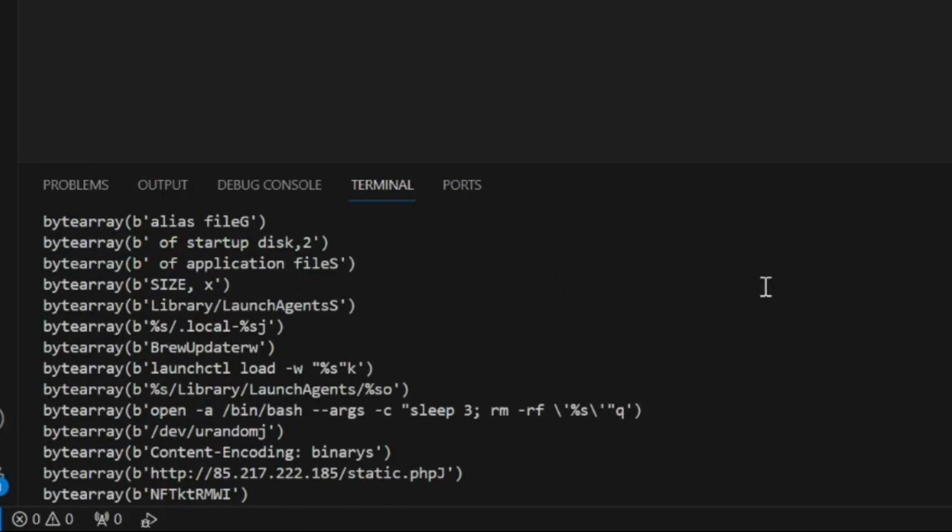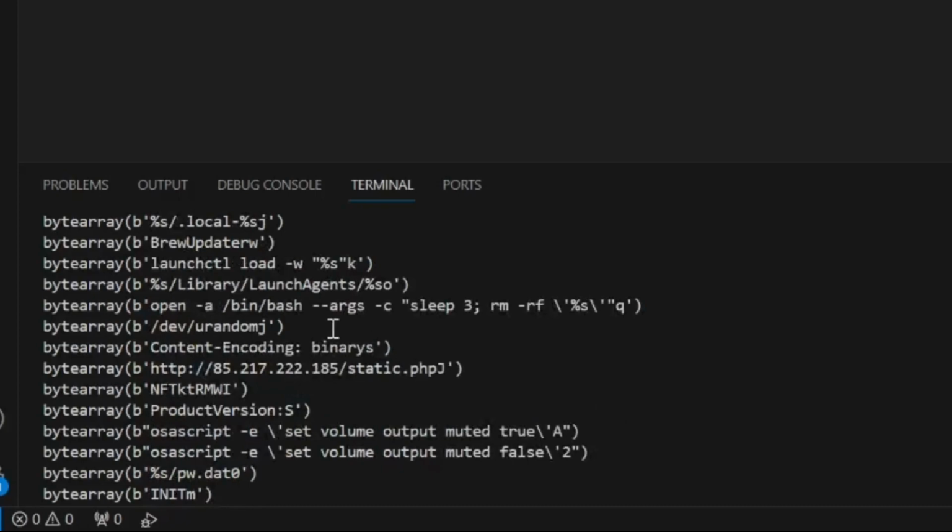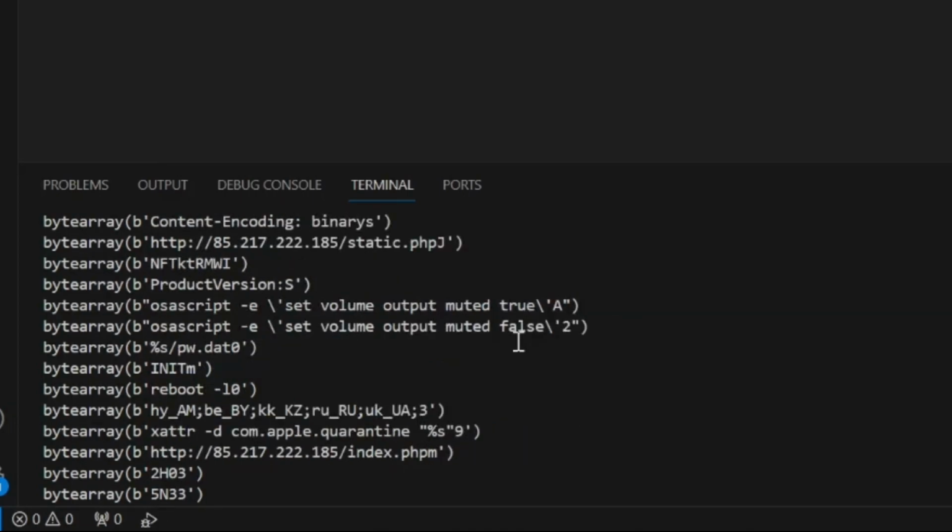So we can see that there's alias files. I will mention probably the last character in all of these is going to be a dud character, perhaps, or something that isn't actually right, and that's because of the null bytes at the end of these. But that's all right. We can see alias file, startup disk mentioned, we can see launch agents, we can see brew updater, we can see that launchctl load, and that string before that is likely going to be passed to it, so that's going to be the launch agent being mentioned. We can see evidence of it deleting files, we can see the C2,